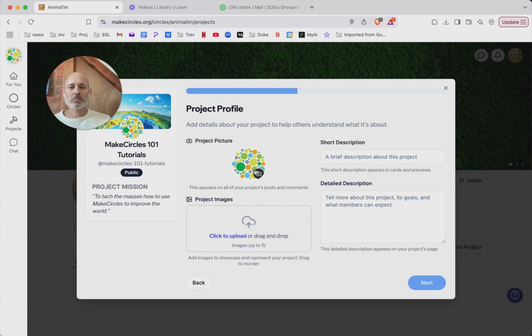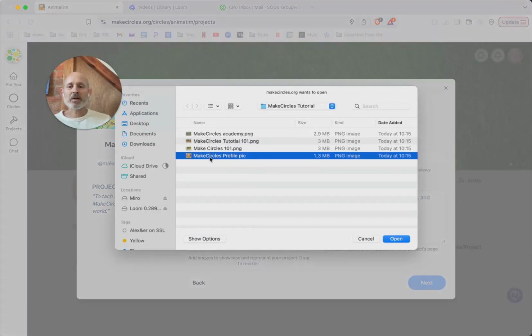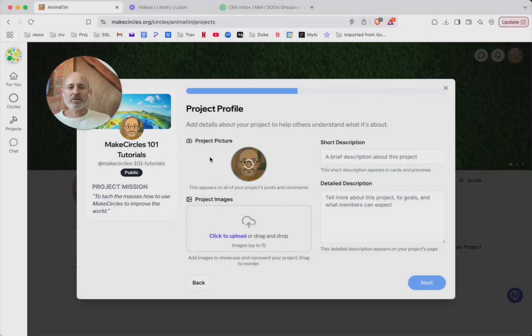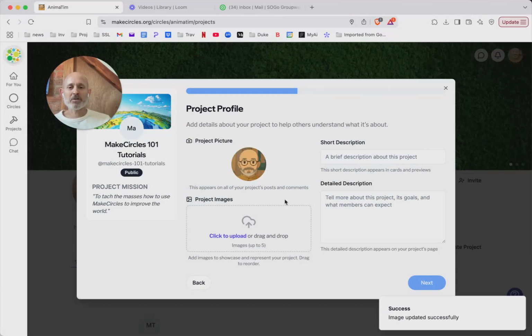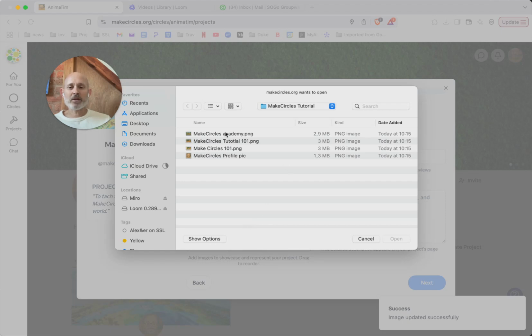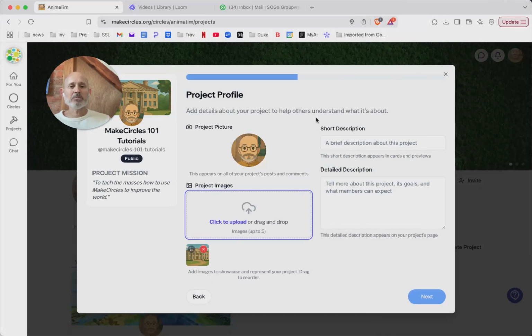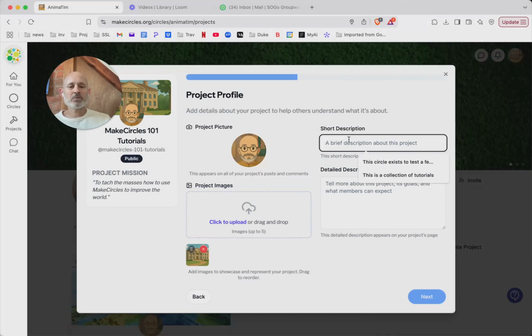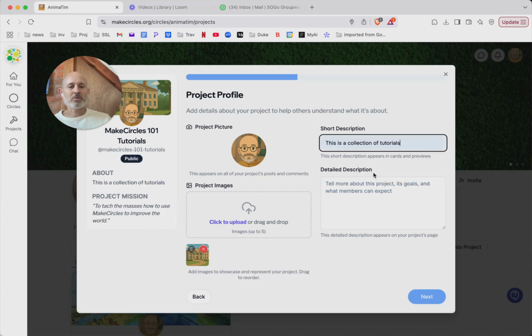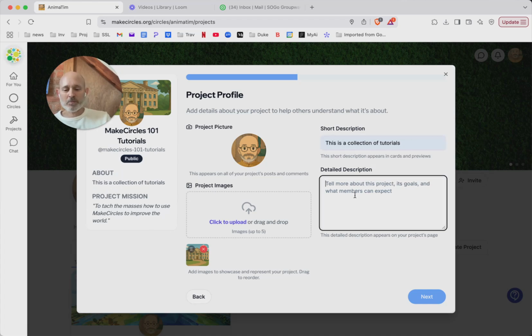So we'll start with our project picture. I've actually prepared a project picture of myself with glasses, as I think befits a teacher. And then we want to click or drag and drop. And I've made a little background image of Make Circles Academy, and we got a brief description. And let's see. I've just already written this. This is a collection of tutorials, and then a more detailed statement, which will be,